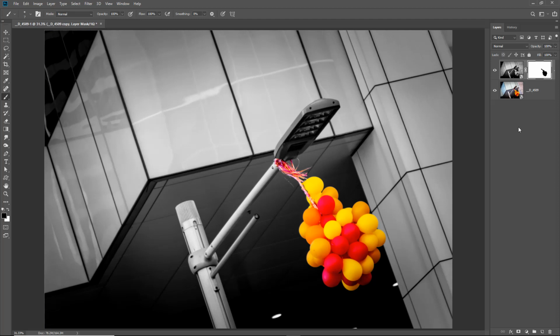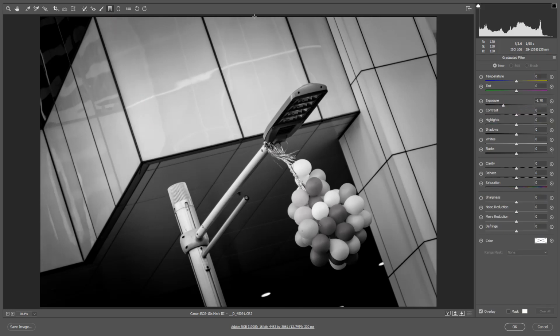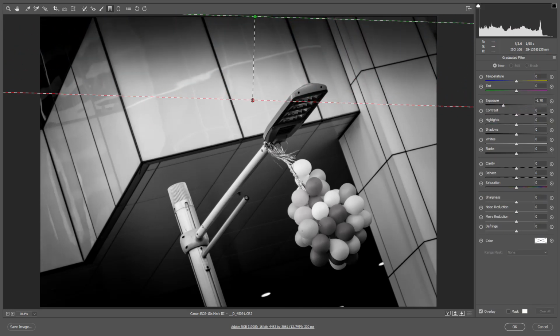And the reason I like this method is because now I can see the colour in relation to the monochrome. If I wanted to make any changes to the monochrome, which is a distinct possibility, I know I can select the monochrome smart object layer, double click, have that open into Adobe Camera Raw pretty quickly. For example, if I wanted to put a gradient from the top down, maybe just to add a bit of darkness up there,